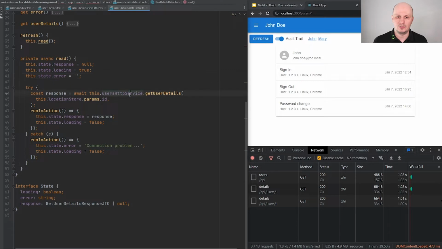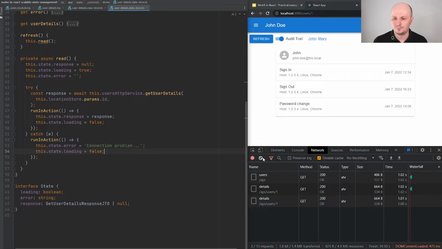Then we call backend API, passing the location ID from here. And then when backend responds, we set our state with those data. And while we have some error on the backend, we set also error property and loading to false.